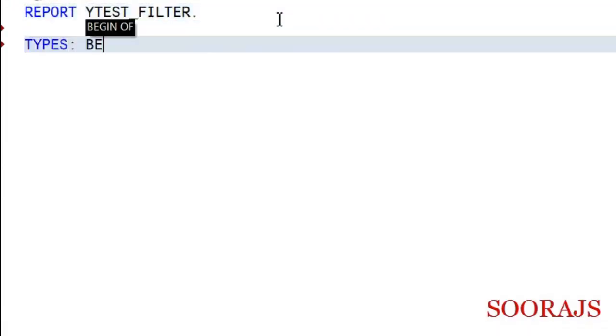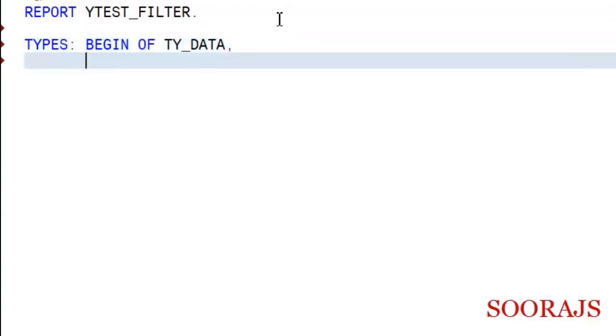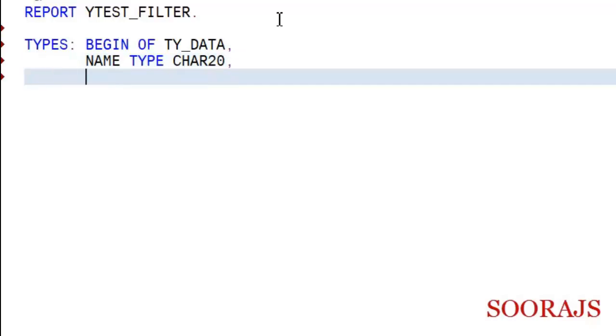I'm going to define my first structure as ty_data. Let ty_data be the structure, and I'll provide a name. This structure will contain the name of the student. This is student data. So I'll have the name of the student as char 20, and I'll also have attendance as char 01. This basically means the student can be present for the class, or he can be absent.